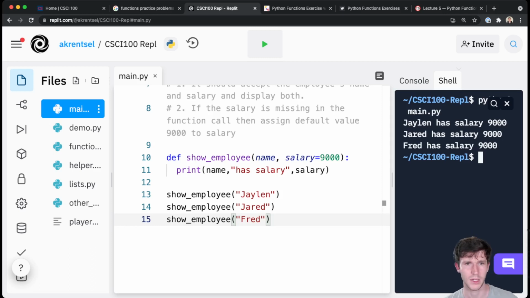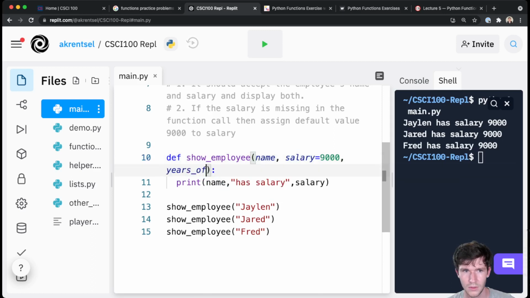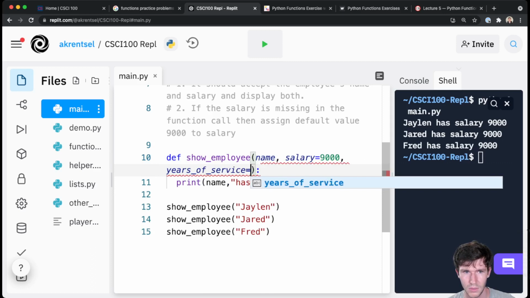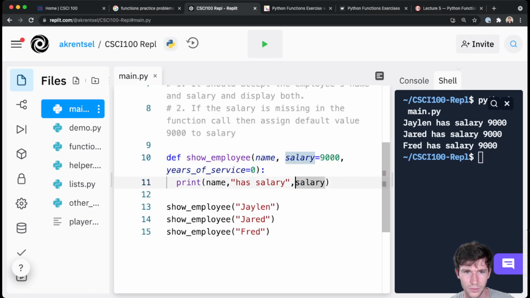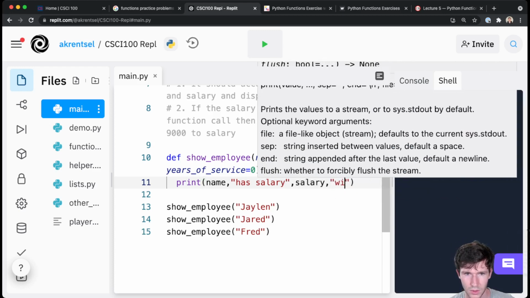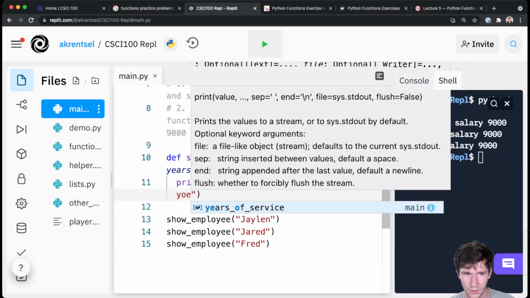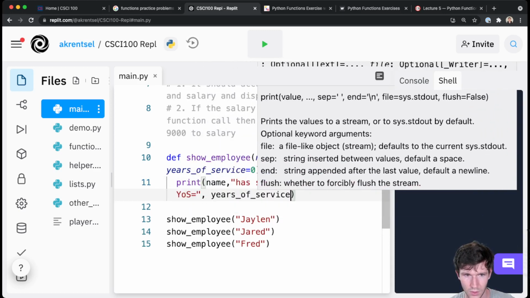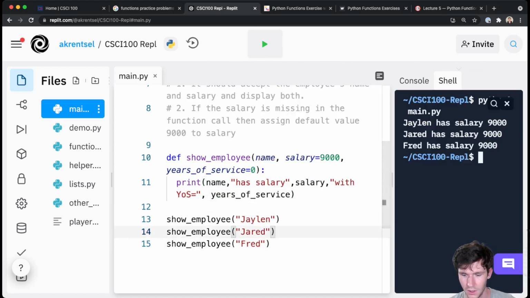You might be wondering, I mentioned this has to go at the end. You can have multiple default parameters. For example, you could have name, salary, and, I don't know, years of service. Maybe by default we'll say it's 0. Name, salary, with years of service. Years of service equal to service. So now if we run this,